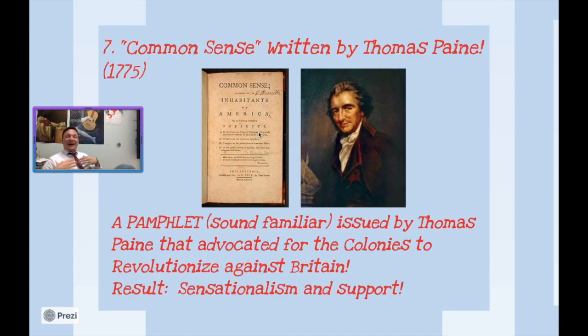We identify as American people. They are British people. They are the British government. We are the Americans. And we should actually separate from them and revolutionize and form our own country. The result of this led to massive sensationalism and a huge amount of support, and Americans begin to enlist in